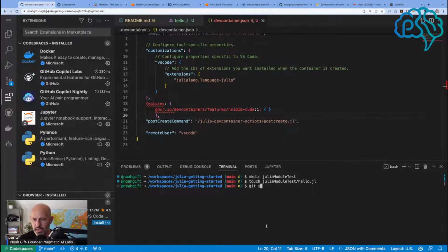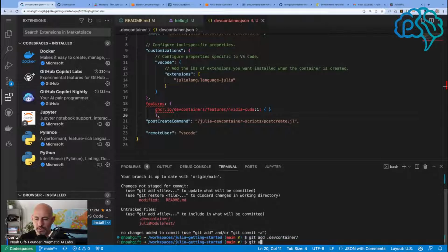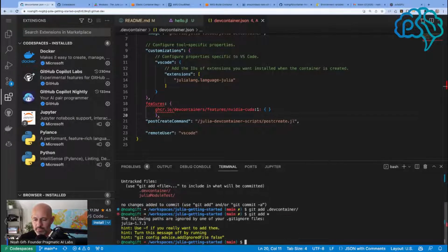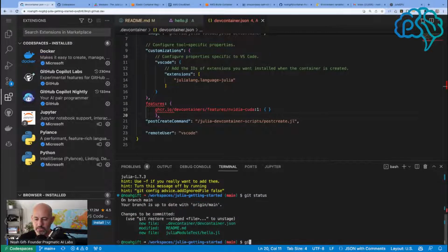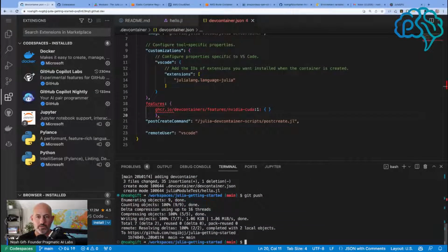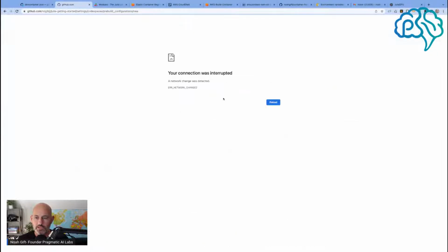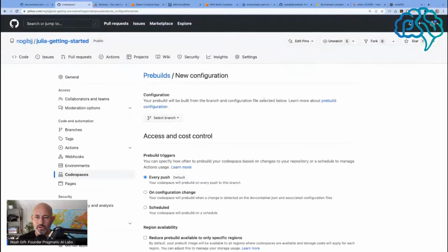So let's say git status. There we go. Git add .devcontainer. Git add everything here. I guess I'm going to set up the Julia GPU. So git status. Git commit. Adding dev container. There we go. If we push that. Now, if I go back here and I refresh this, this should have the ability to